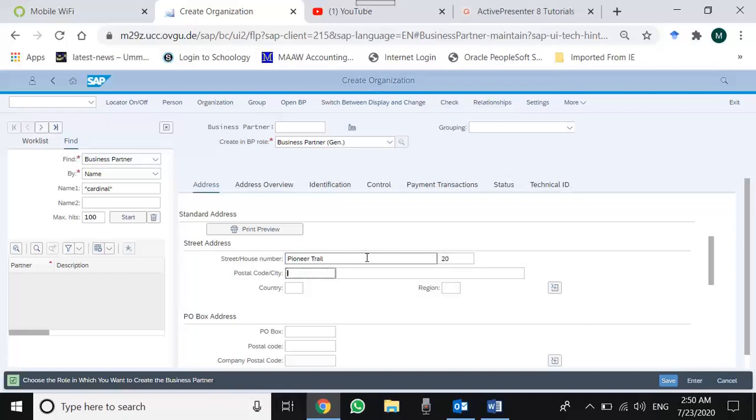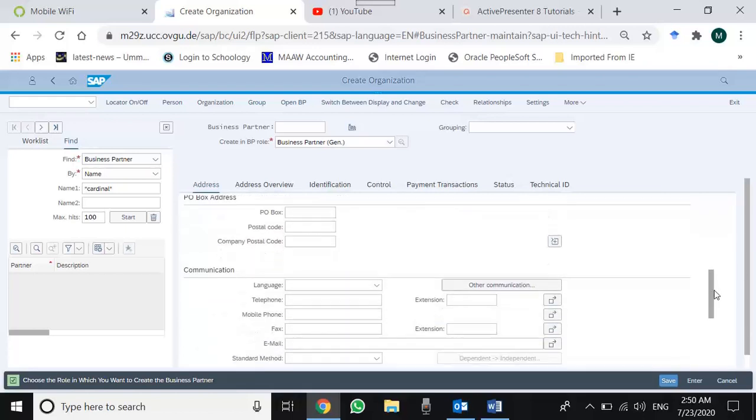Postal code, I remember it was 8 something or 5 something. Yes, it was 5347. City was, I remember, it's open. You can type anything, ABCD, and the country was US, and the region was Minnesota, and